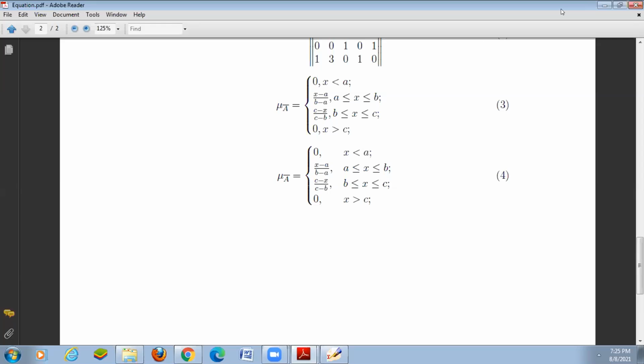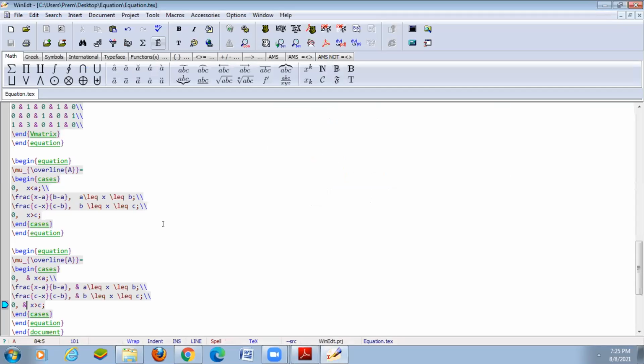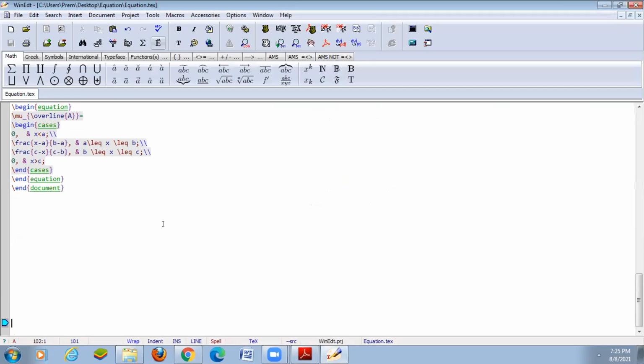Okay. Suppose we want the ampersand symbol in the output. The ampersand symbol is one of the keywords in LaTeX. Suppose we want to display the ampersand symbol in LaTeX, so we can use backslash and. Okay. Normally the ampersand is not displayed in the output. Suppose we want to display the ampersand in the output, we just use the keyword backslash and. The ampersand will be displayed in the output.